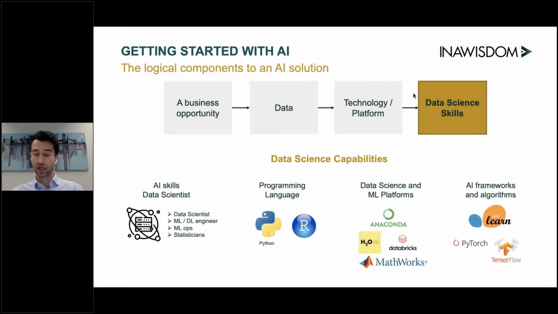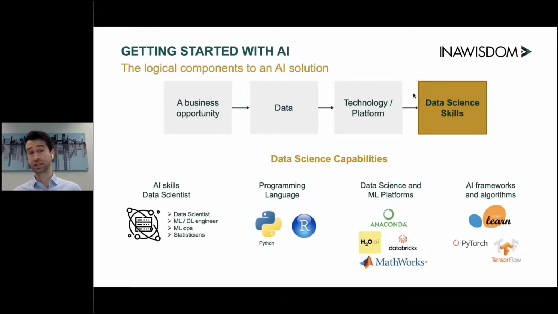And finally, people and skills. There are many tools out there to actually help us get there. And as a data scientist, for me, these tools kind of make sense here, but perhaps for you, these are unknowns. But think about using different frameworks, different platforms that can accelerate this development work.